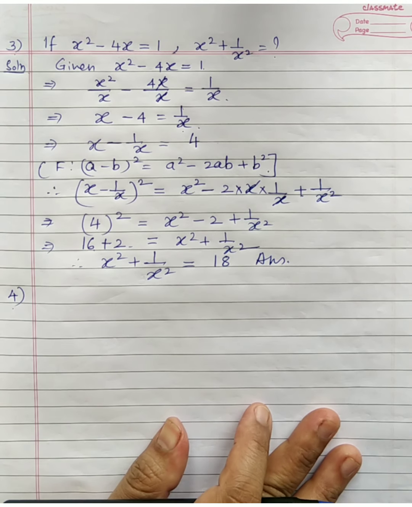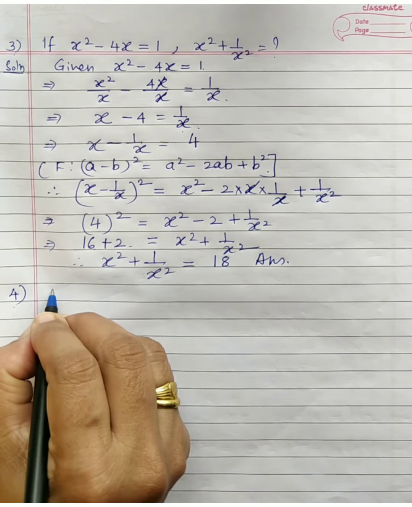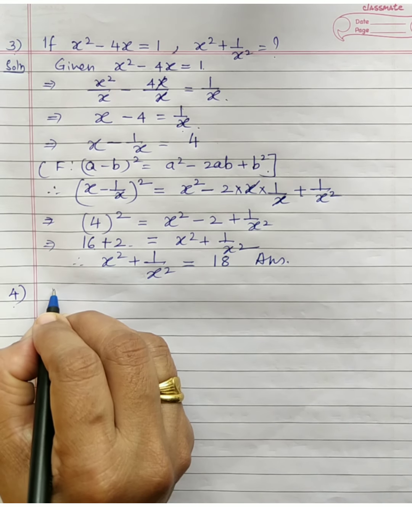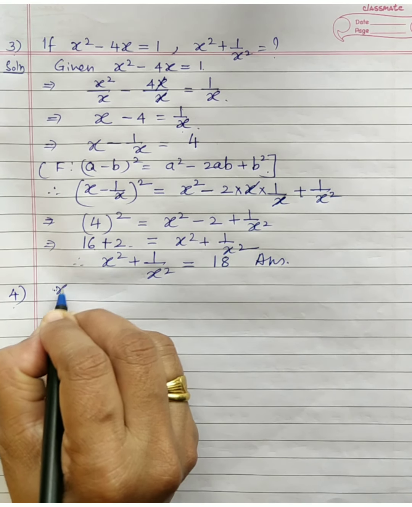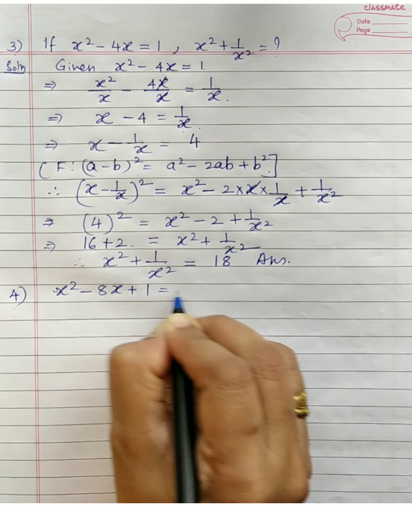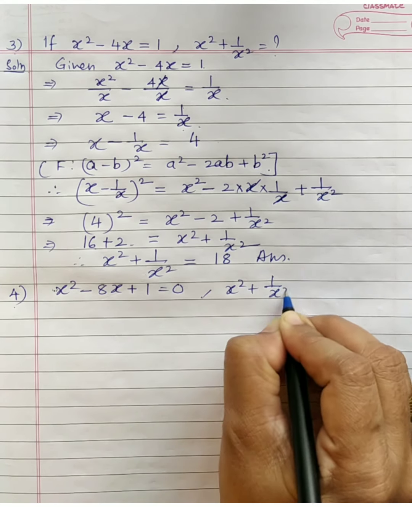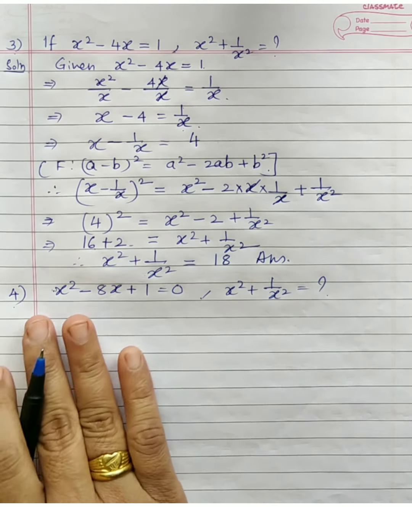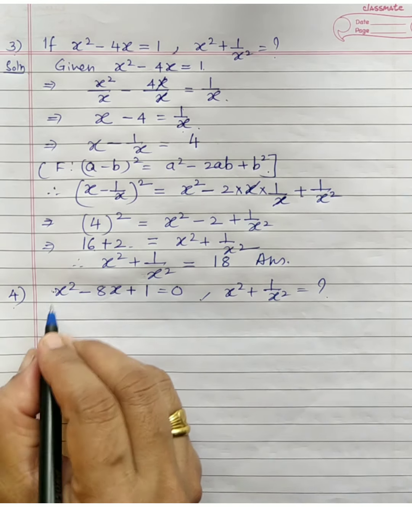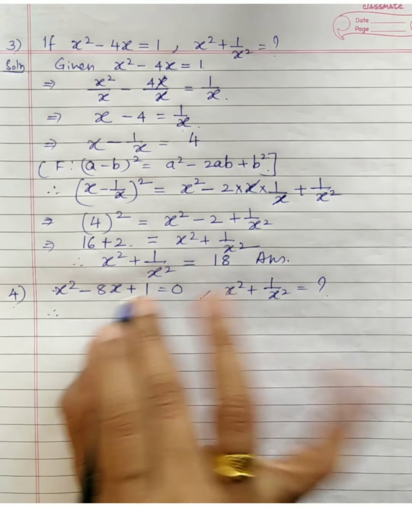One more question, let's see. Now I'll just show you one more question over there. Similar pattern it is. Only you should not get confused. Now if you are given x square minus 8x plus 1 is equal to 0. And again you have to find x square plus 1 upon x square is what? So same like here. What you will do? Divide the whole expression. This I will not take. I will just show you. Divide this whole expression, this equation by x.